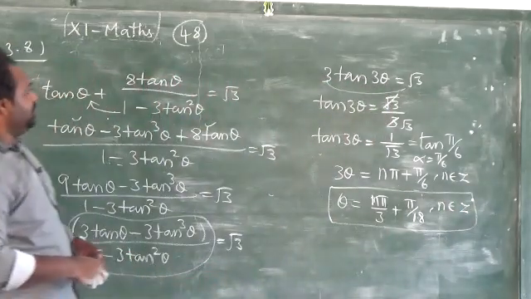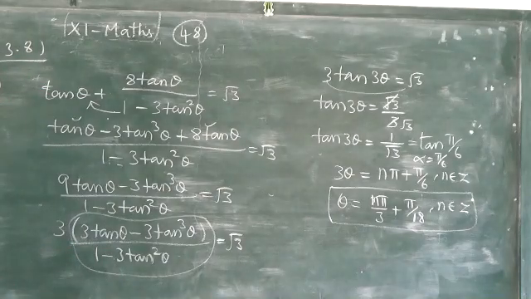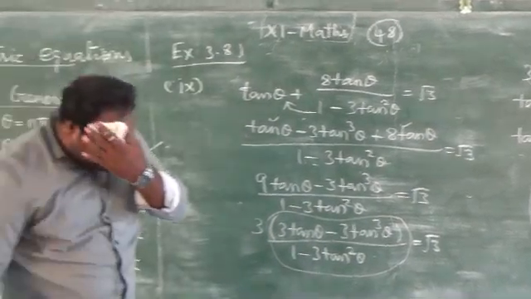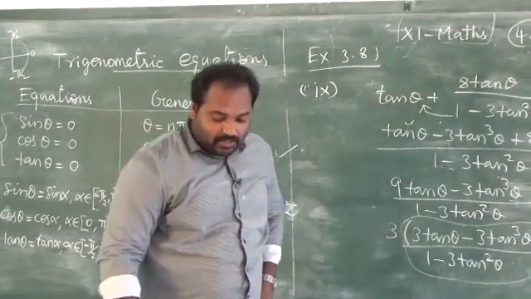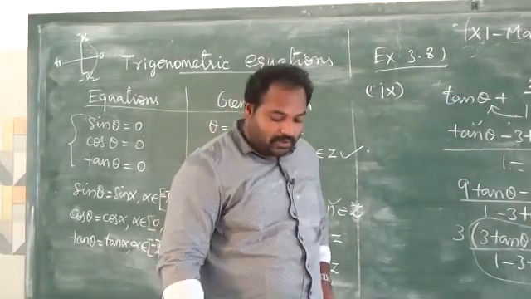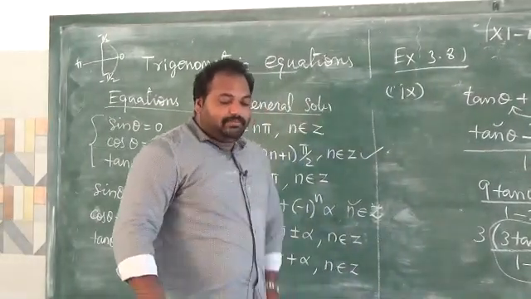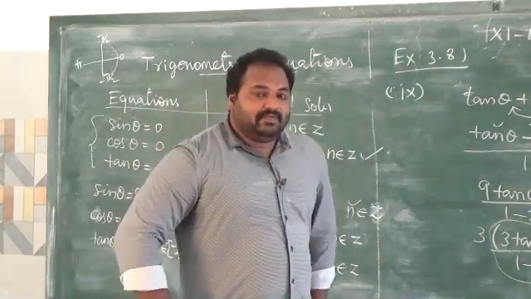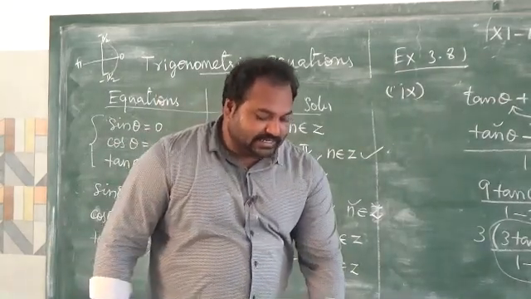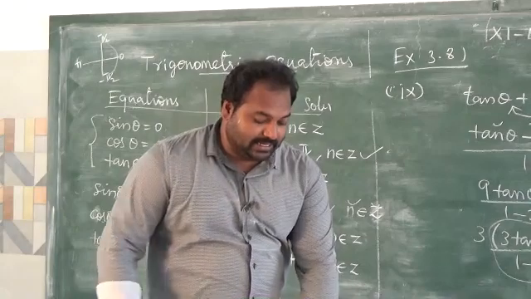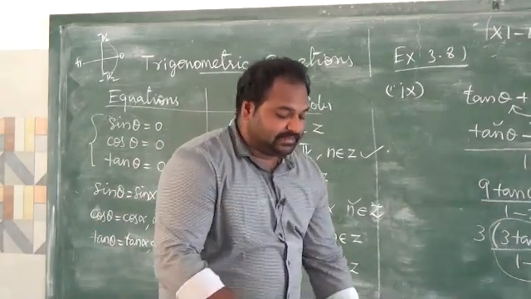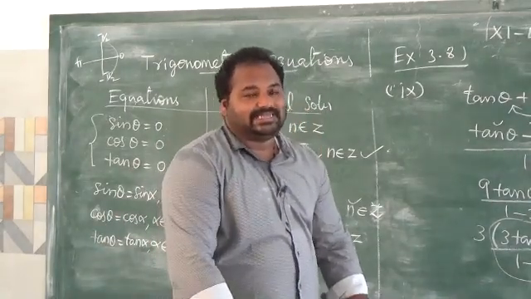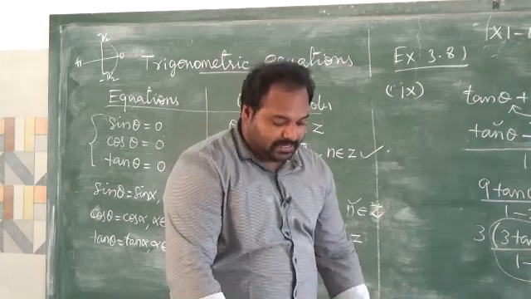So by this we can complete today's class. Also we will complete the exercise 3.8. The remaining, we have a small 2 problems you can do on your own. Also we are going to complete this chapter. We will see the next chapter in the next class. Next chapter is matrices and determinants in the second volume. So be prepared for the next class.